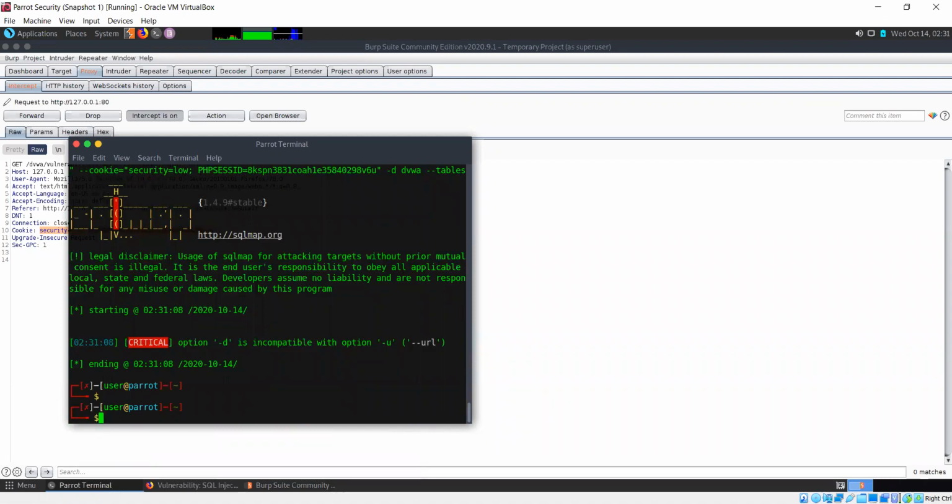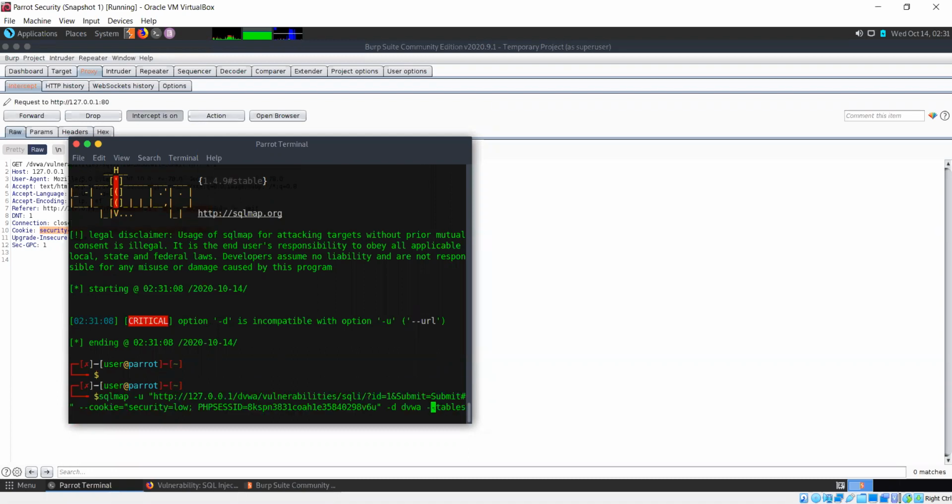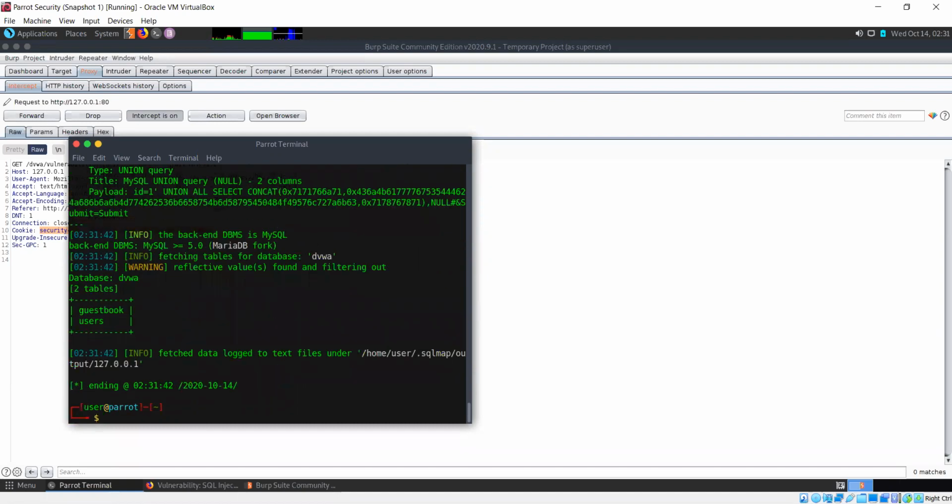Okay, sorry, there's another option for that. So for the database that we selected, it's telling us that there are two tables. So let's see what else we can gather.